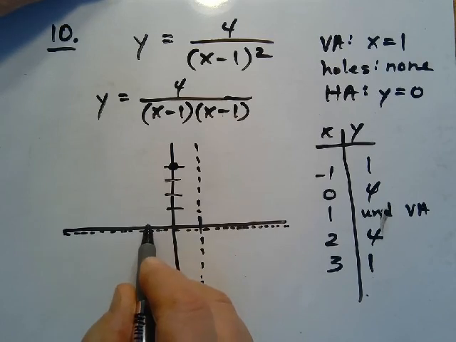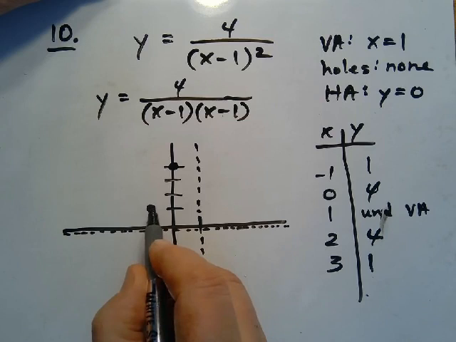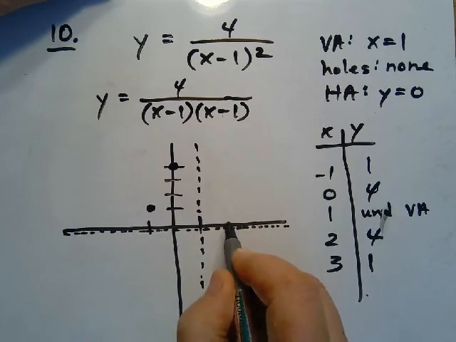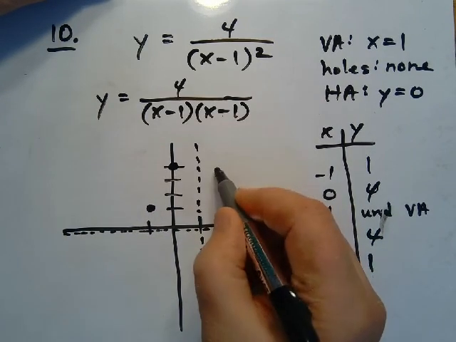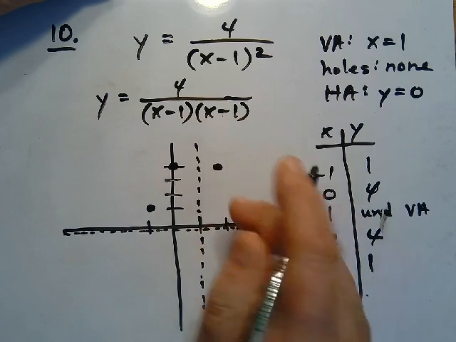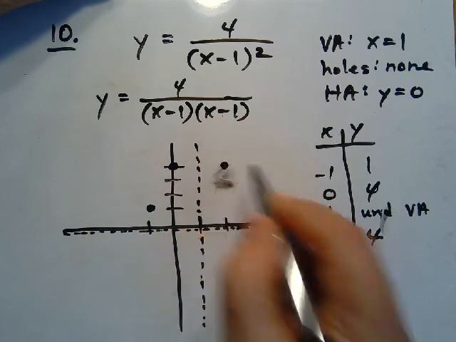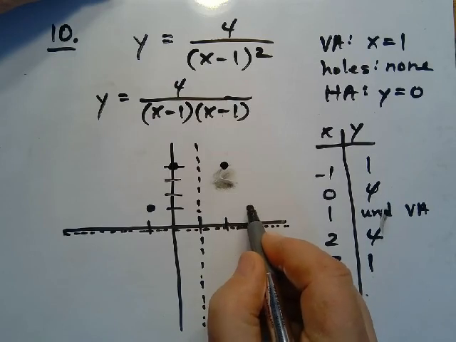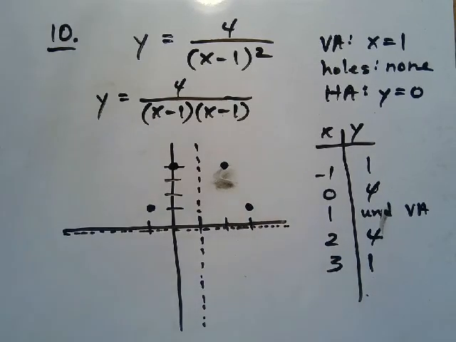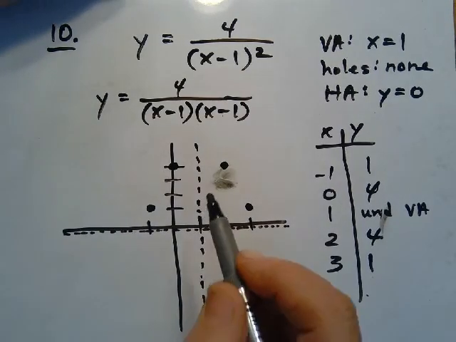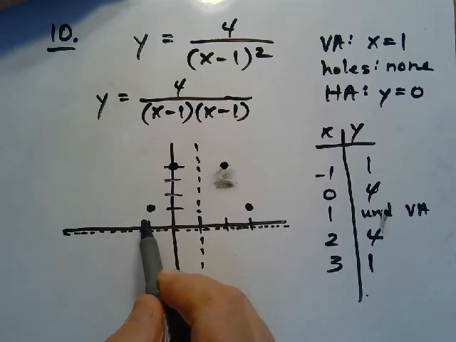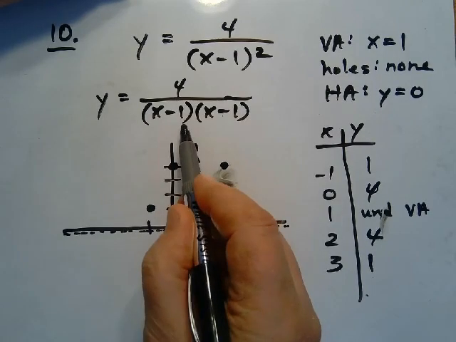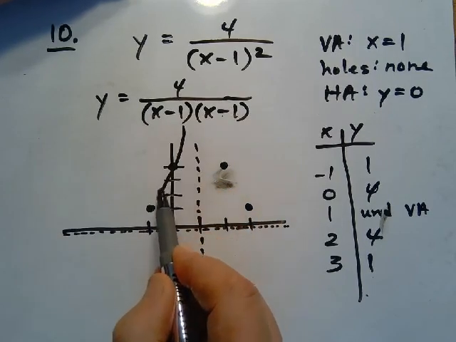-1 goes to 1. 2 goes to 4. And 3 goes to 1. Right there. Now this is a little unusual that we haven't seen this before, but if it's going to approach this horizontal asymptote, it looks like what we've got here is a curve